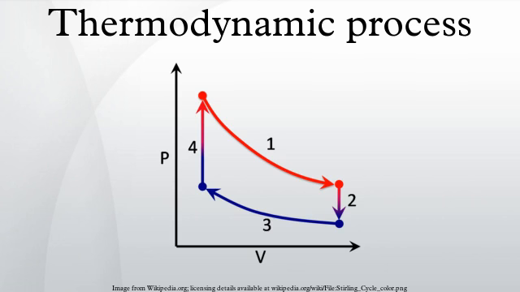A thermodynamic process is a passage of a thermodynamic system from an initial state to a final state. In equilibrium thermodynamics, the initial and final states are states of internal thermodynamic equilibrium, each respectively fully specified by a suitable set of thermodynamic state variables, that depend only on the current state of the system, not the path taken